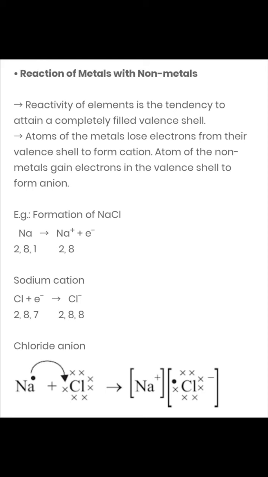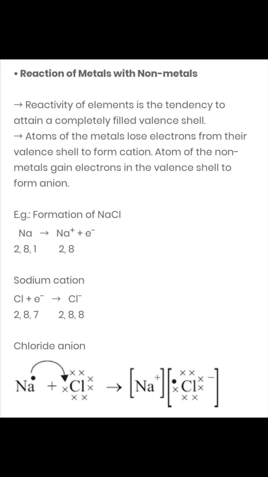Similarly, if we talk about chlorine, which is a non-metal here, chlorine's configuration is 2, 8, 7, that is 8 plus 2 is 10, plus 7 is 17. So if it gains one electron, this means 7 plus 1 in the last shell, it is also going to have the stable configuration, the octet will be complete. So chlorine is going to gain the one electron that is lost by sodium, and this way anion formation will take place. This is very clear from the representation given below, that sodium is giving one electron and chlorine is taking that one electron.